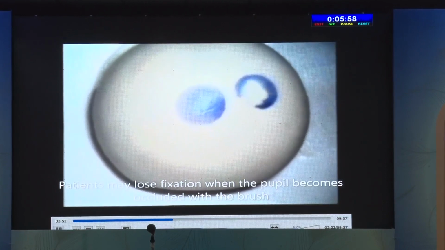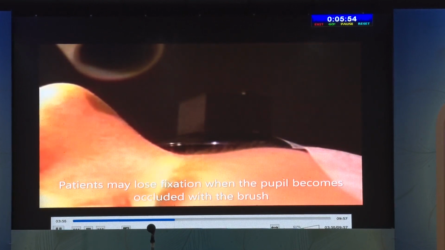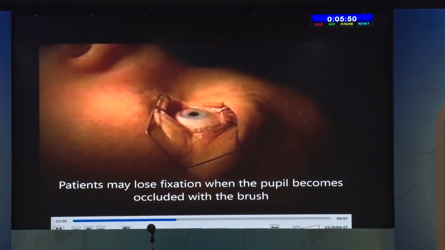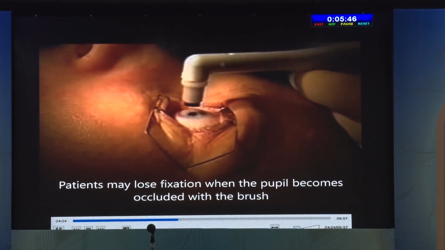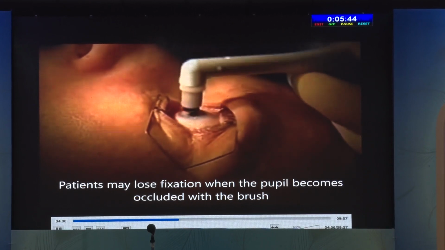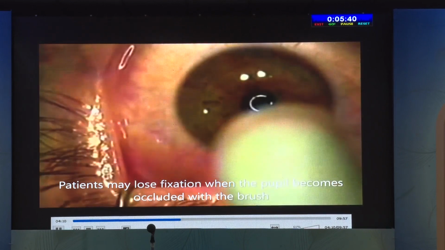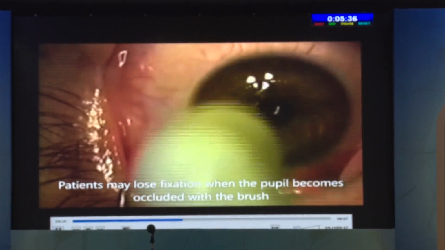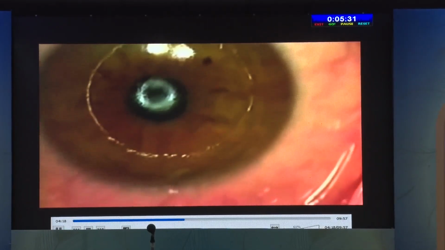Personally, I do not have any experience on that. The problem is once you put the brush in the front, the patient doesn't see. So you have to put an external light source on the other eye so that it is fixating centrally and the eye is not moving, and then you apply the brush and keep on rotating till you go to the basement membrane level. So giving an external fixator is very essential when you are using an Amoils brush.